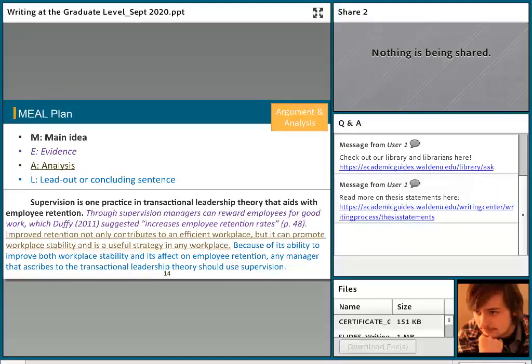Now, my meal plan paragraph is probably going to look different than all of your meal plan paragraphs because, hey, we're individuals, right? We say things differently. We bring ideas together in different ways. But what's really useful to me about the meal plan is that it has the elements that are necessary in